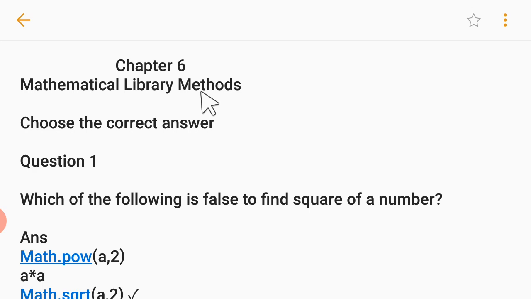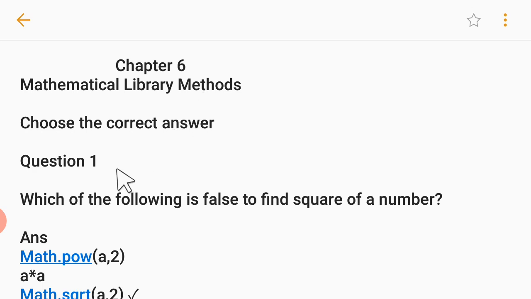In this chapter, we are focusing upon the mathematical library functions. These mathematical functions are part of the Math class. I said Math class because in Java there is a math package also. The difference is that the Math class begins with a capital M and the math package has all letters in small letters. One is a package, the other is a class, and this chapter has all the functions which belong to the Math class, where the M is capital. So let's start now.